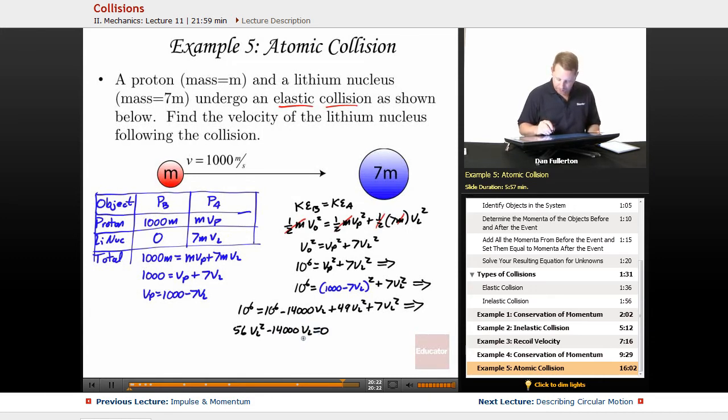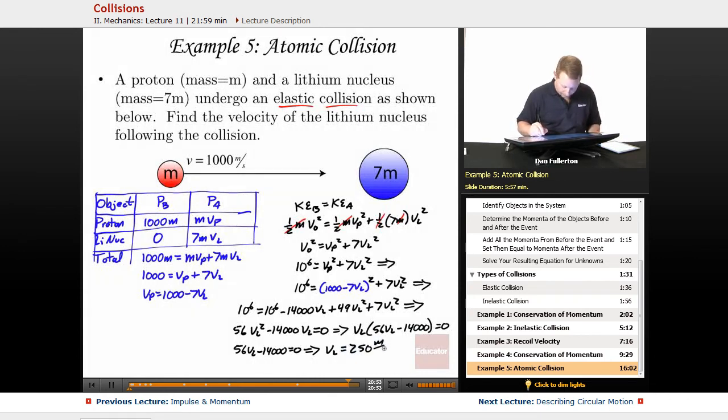And we can factor out a Vl to say that Vl times (56 Vl minus 14,000) equals 0. So either Vl equals 0 or 56 Vl minus 14,000 equals 0. So 56 Vl minus 14,000 equals 0. Add 14,000 to both sides, divide by 56, and I can find that Vl is equal to